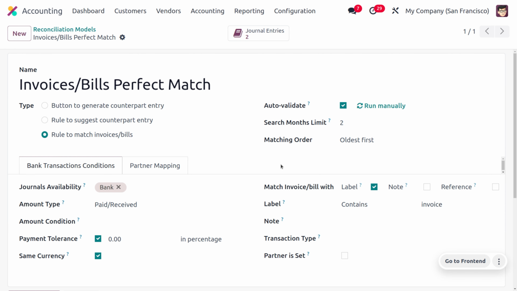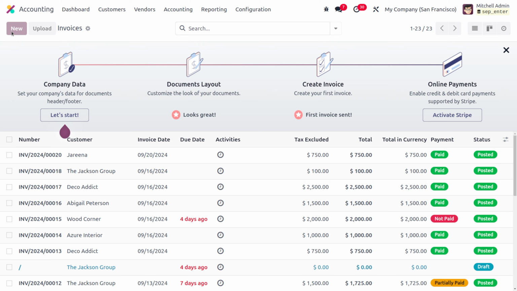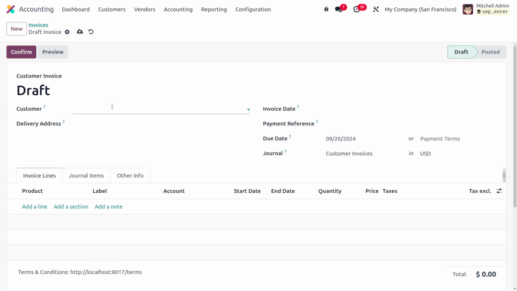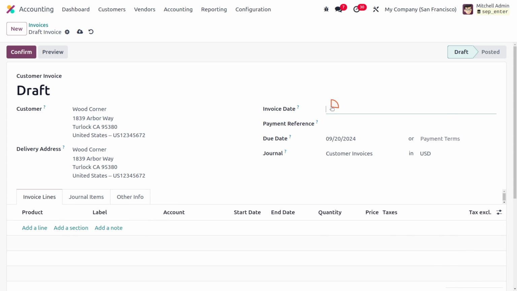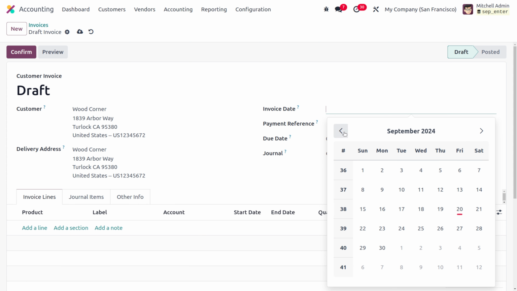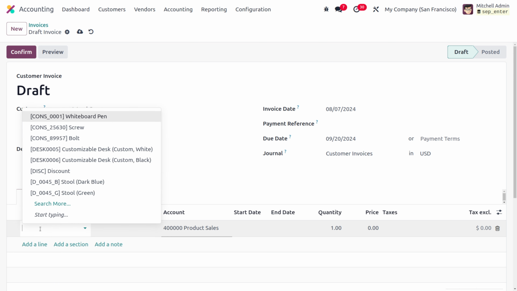Later on, what you have to do is you can just move on to the invoices, and let me create the invoice over here. Click on the new button to create the new invoice. So what we have to keep in mind is that here we are just going to check the previous invoices. So you have to give the date accordingly. Now let me fill out the details of the customer. I'm going to choose my customer as Wood Corner. And here you can see you can choose an invoice with a previous date, and the date is going to be 7.